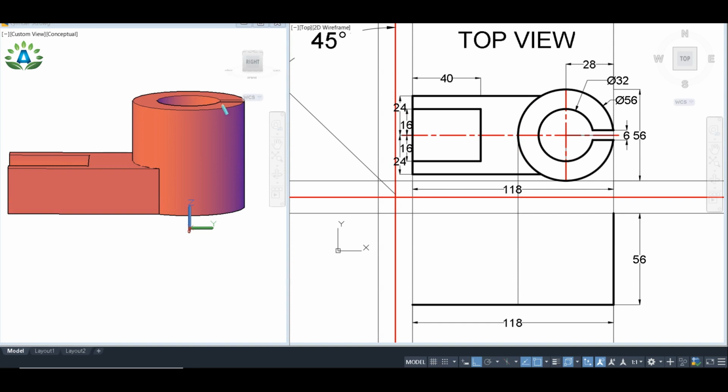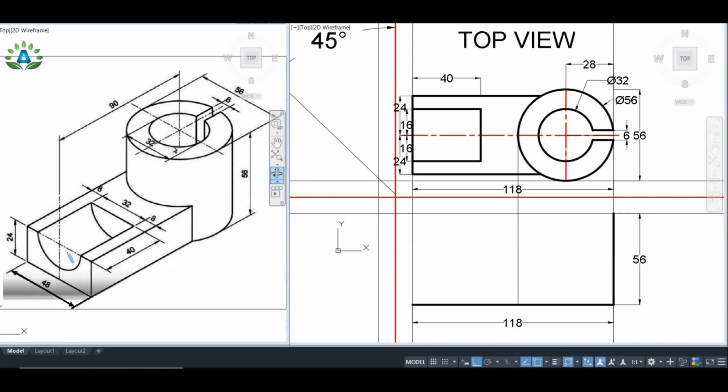The cylindrical part will appear as a rectangle from the front view. So we are going to join these lines, but we can see that this line has been extended to the circle and its height is 24. So first of all, I'm going to locate this point and this point from this side in the front view. So I'm projecting the line joining these 2 points.